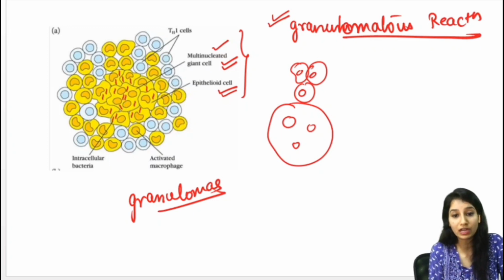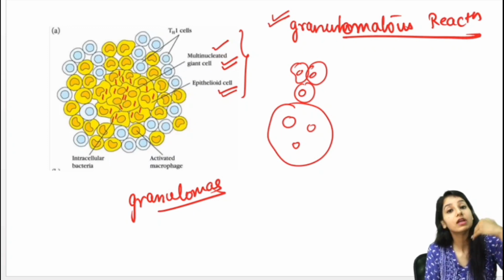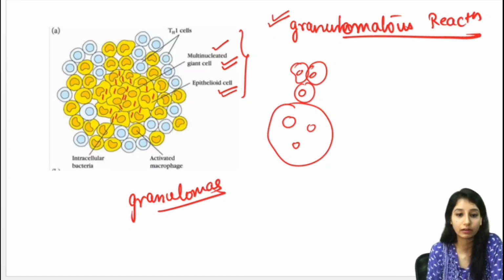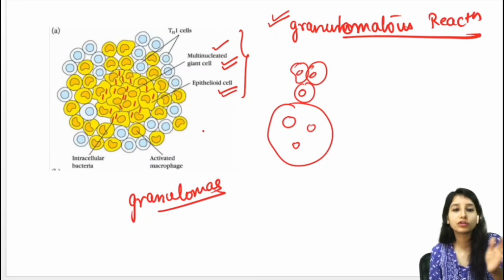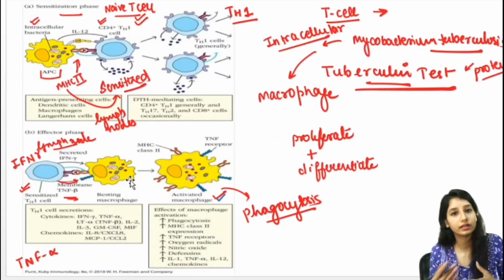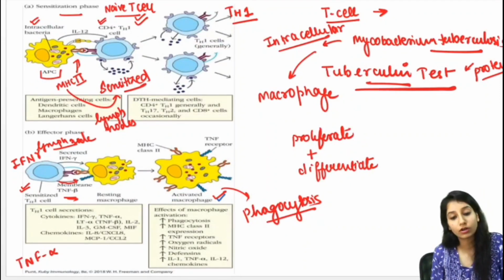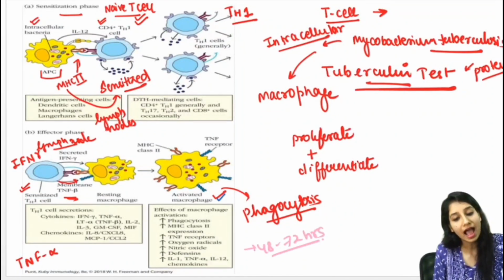A huge number of our cells will be damaged. Huge tissue damage will occur, and this will also release lytic enzymes that will destroy the cells. They will phagocytose the cells, due to which this type of condition can occur. So if you have given a person this tuberculin test and this second phase has occurred in his or her body, it's confirmed that the person has already been infected with Mycobacterium tuberculosis. And if all this does not occur, then it's confirmed that the person has not been infected with Mycobacterium tuberculosis.